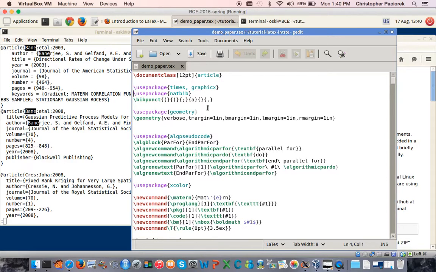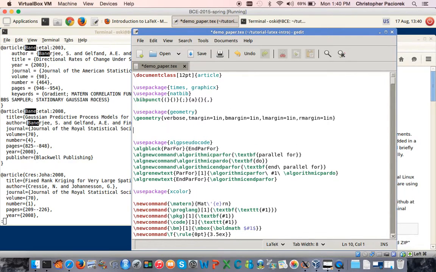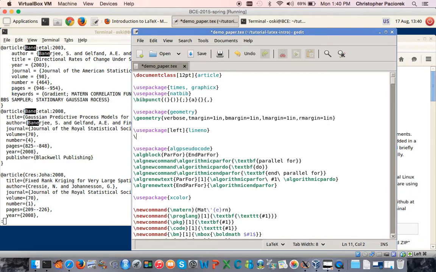I guess I don't have it in this particular version of this demo paper.tex file, but you will in the one that you're looking at. If I wanted to make use of add-on functionality that provides line numbering, I would just include \usepackage, and then the left option indicates to put it on the left-hand side of each page, and I would say I want to use the lineno package, and in this case, to invoke line numbering, I then use the command \linenumbers, and that command comes from this lineno package. In other cases, for some of these other packages, you would actually use some of the commands from those packages in the body of your document as opposed to in the preamble.